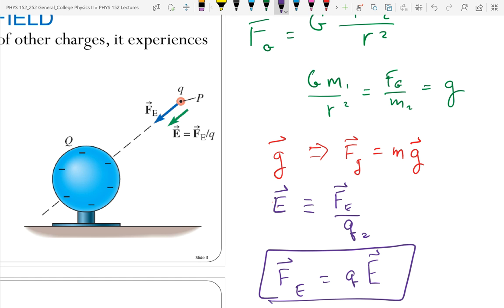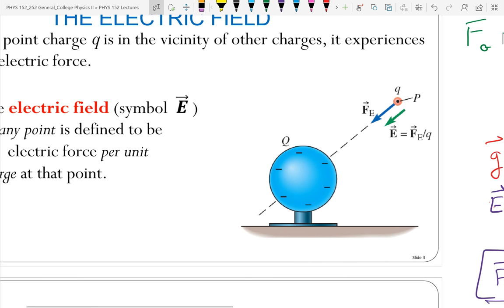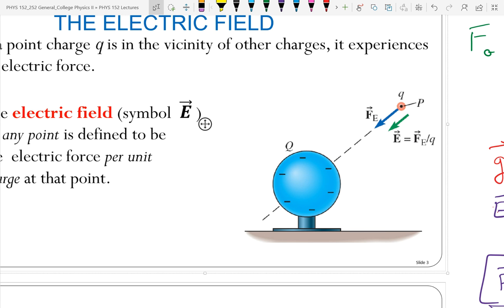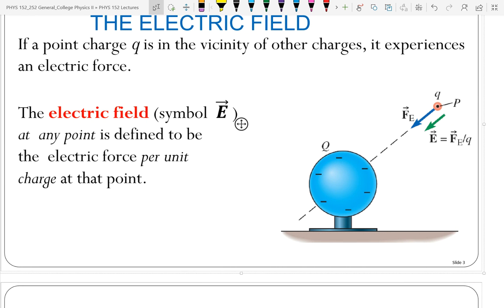So we have a globe here with a negative charge on it. If I were to put a positive charge outside the globe, would the positive charge be attracted or repelled? Attracted, because opposites attract. And so there's going to be a force on a positive charge that's inward toward this globe, no matter where you go. And so I'm going to calculate the electric field is equal to the force I would get